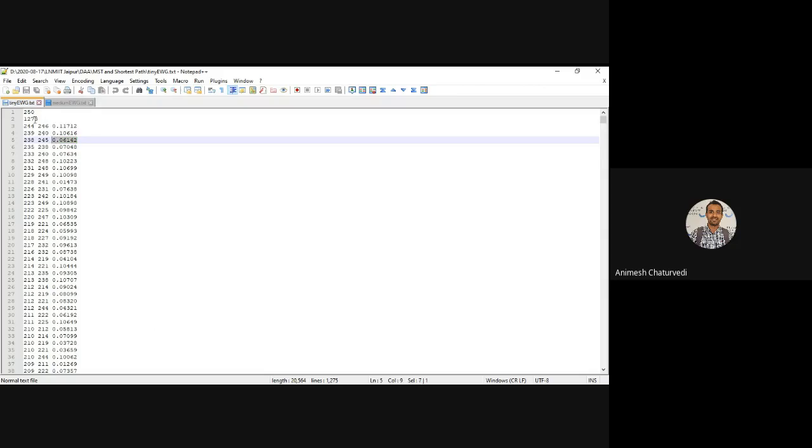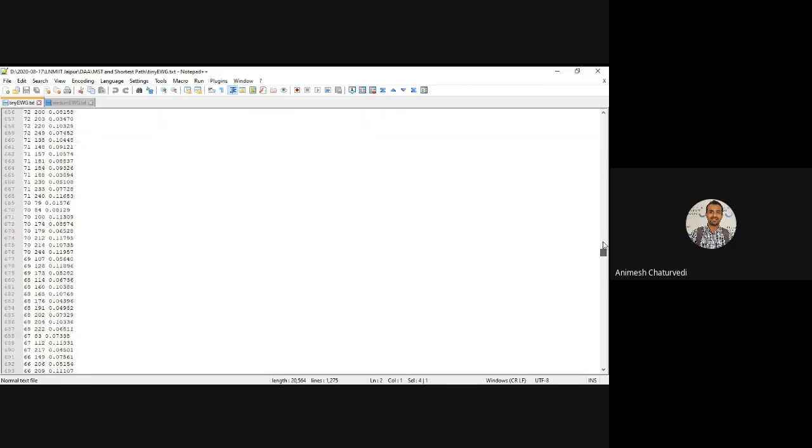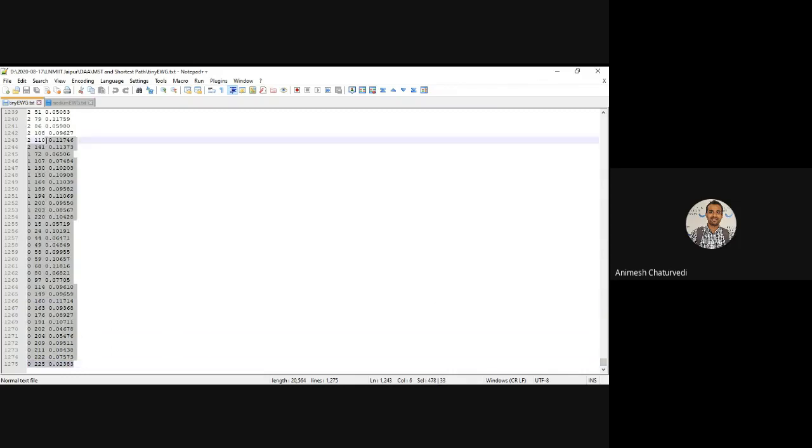So this is the weight. So 1273 edges are possible, and these are written over here, 1273 edges.